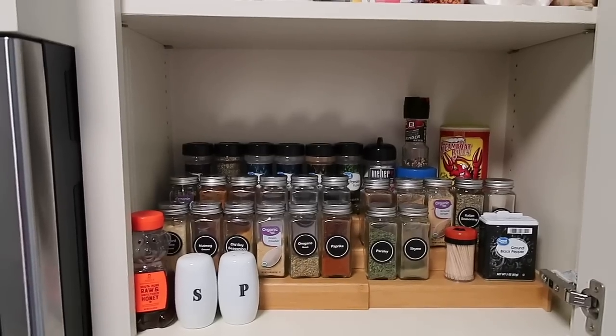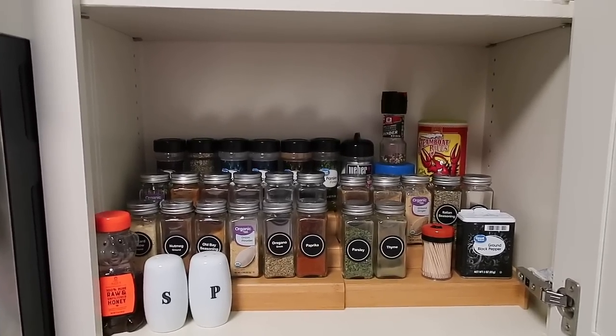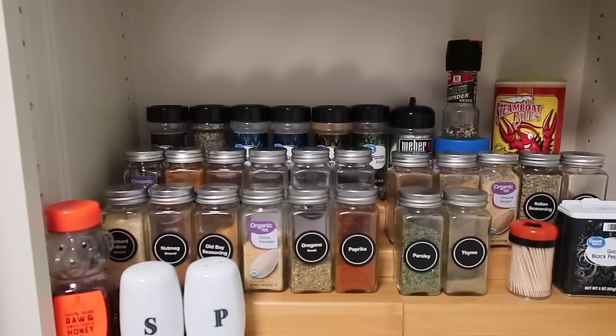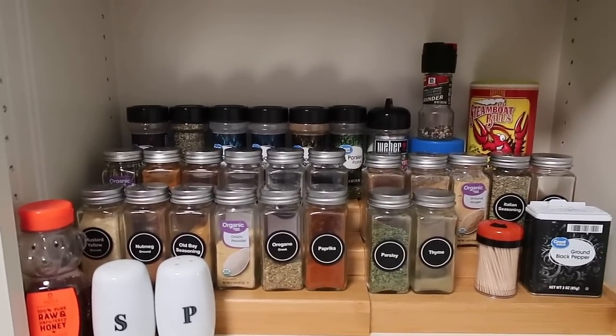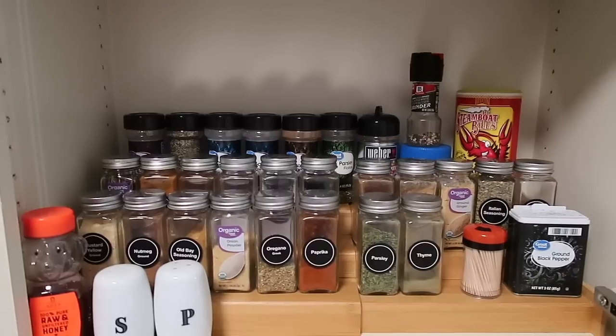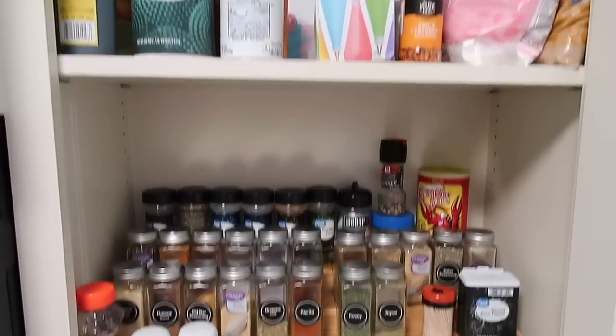Okay, I'm gonna have to yell over my dishwasher again. I'm so sorry, but the bottom is all spices. I went ahead and put them all in ABC order so that they're really easy to find. Eventually, I really want these to be all looking the same again and in cute containers, but for now, they are decluttered. We got rid of all of the ones that were expired, and then up here on top,